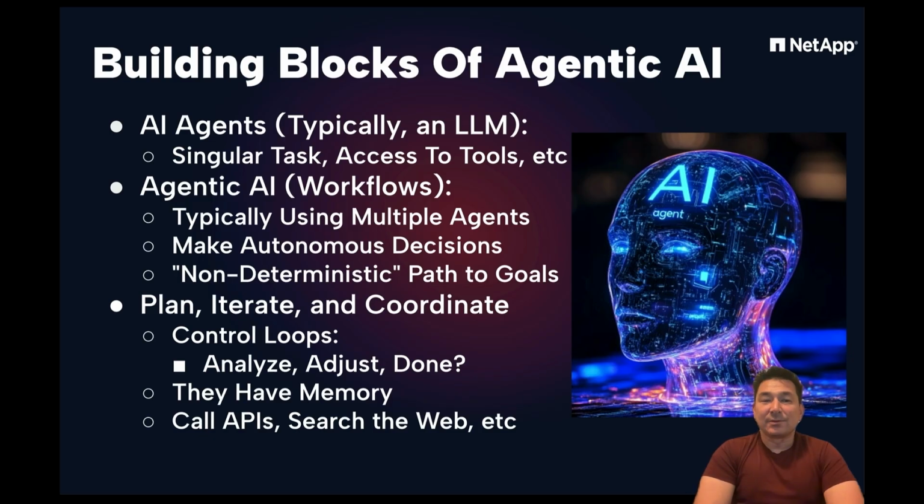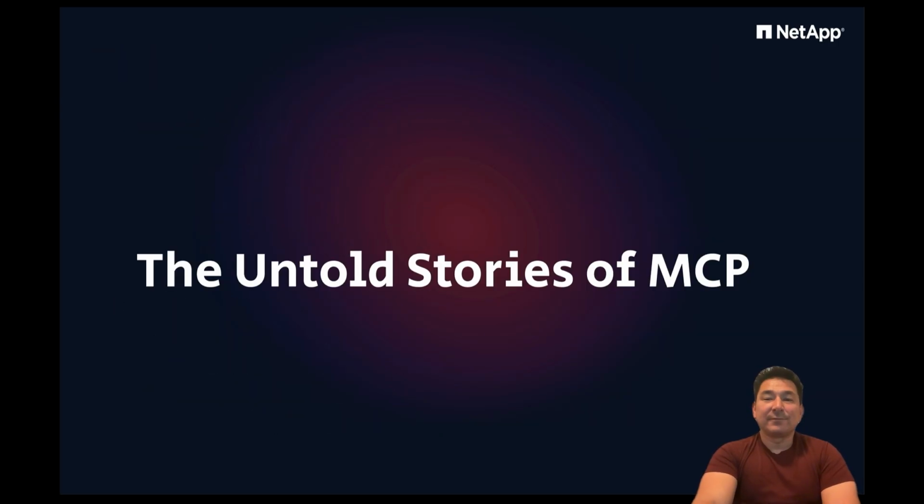These are governed by control loops that are analyzing the problem, trying to break down the problem into subtasks, adjusting as necessary, and then asking, are we done? They have memory, state, are able to call APIs through MCP and access the internet for any additional information that they might need. So now that we've done a brief review on MCP and Agent2Agent Protocol, let's go ahead